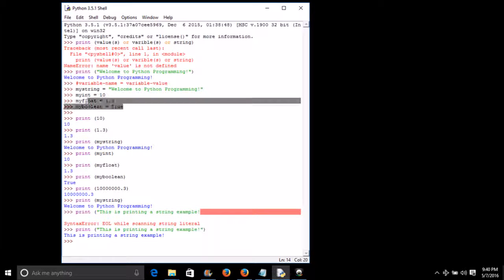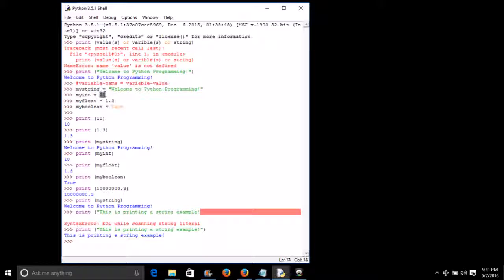You can see it is also the same with the last two examples in our tutorial here. My float is our variable name, and after the equal sign we assign the variable value for that corresponding variable name. And also here my boolean is just our variable name. You can name everything as your variable name, and you can give a variable value corresponding to the type that you want to enter in your variable name. In this case we have 10, 1.3 and true.